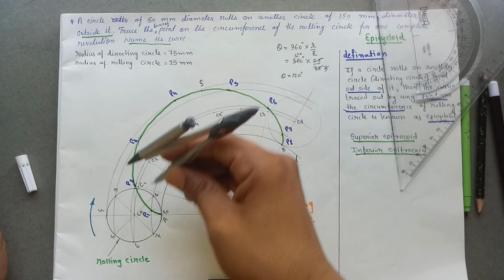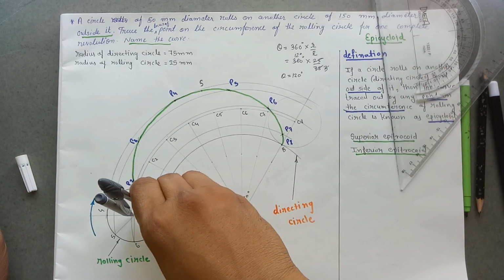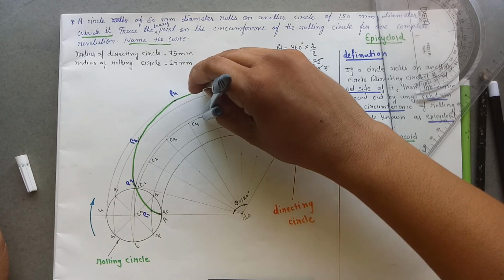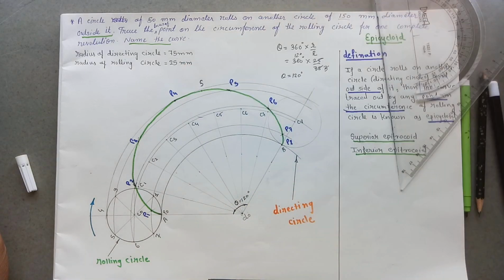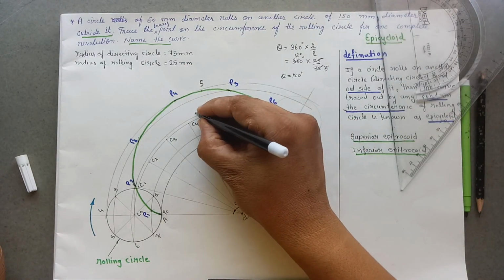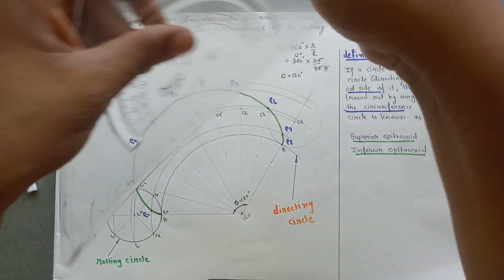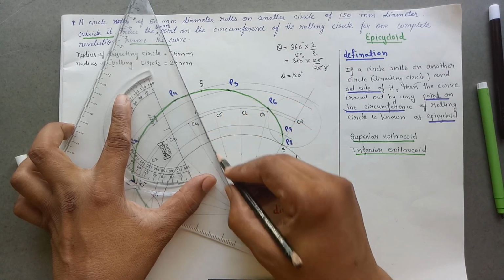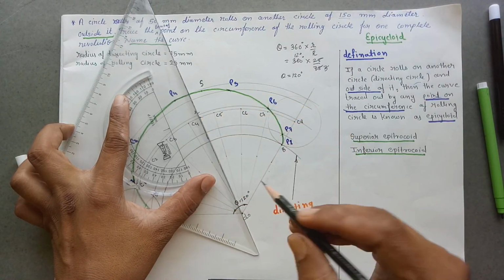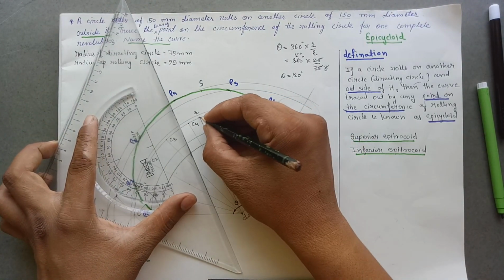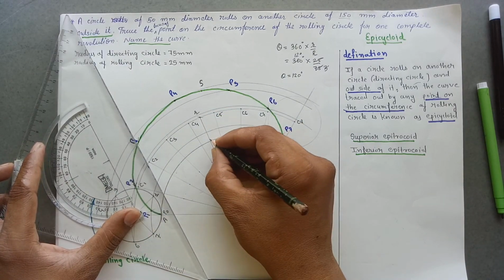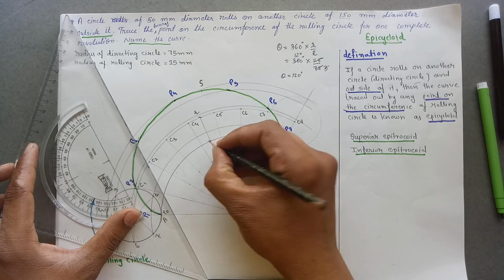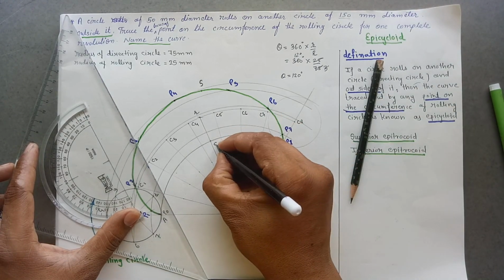After marking that point, measure the radius of the circle. Give an arc on the central arc from point S. Mark this point as R. Join this point R to the center of the directing circle, and when this line intersects, mark the point of intersection of this line and the directing circle. Here this point is S1.